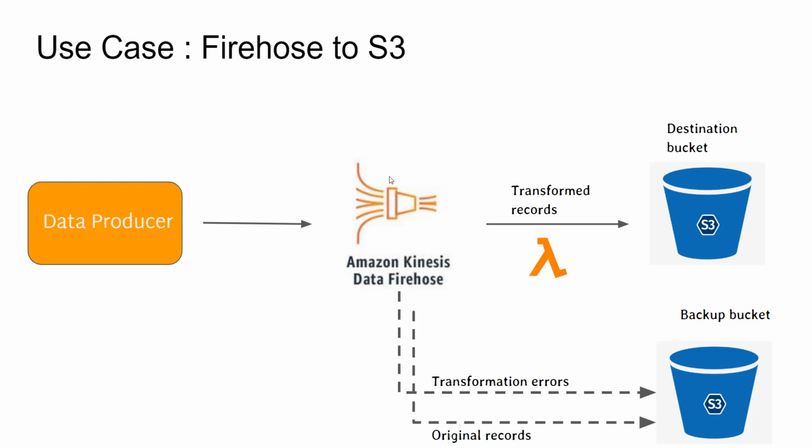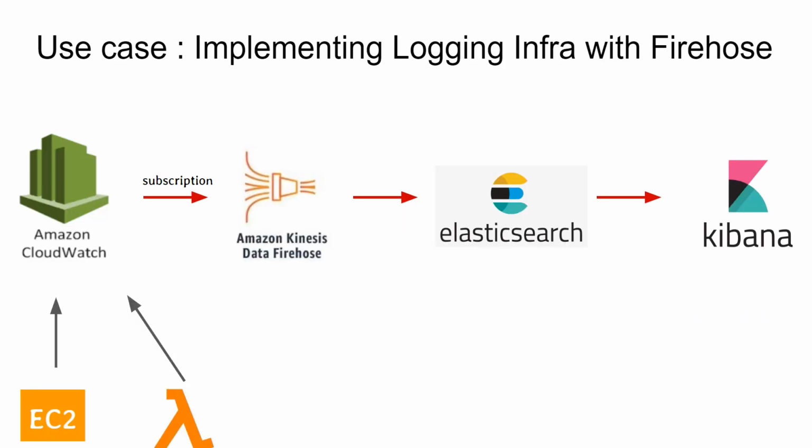Apart from that, you may also want to store original records for a limited period in S3, as this is one of the cheapest storage options. So you can send your original records to some other backup bucket. This use case can be applied to other destinations for Firehose. Instead of S3 here, you can choose other destinations also, such as Elasticsearch or Redshift or any other custom HTTP endpoint. So the next use case is the important one and a bit complex.